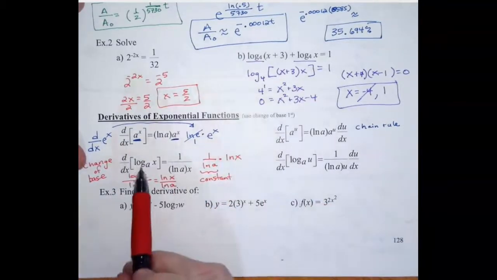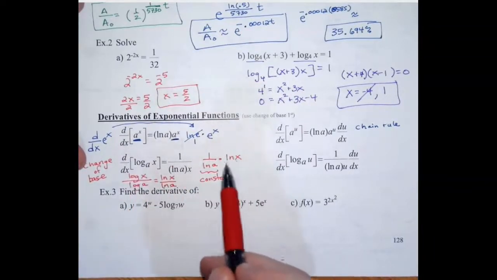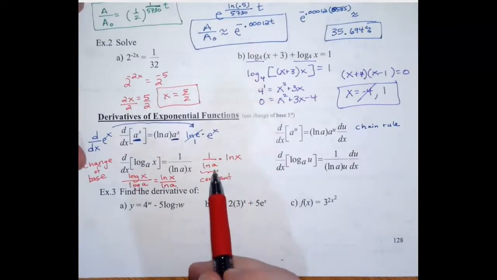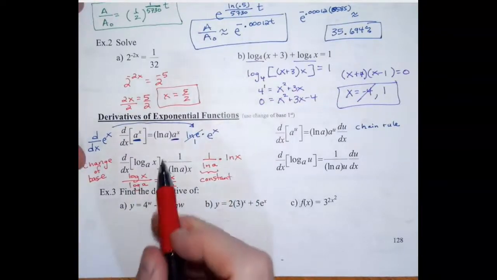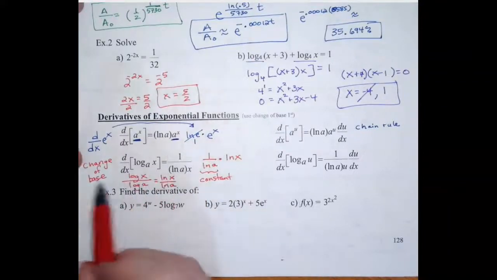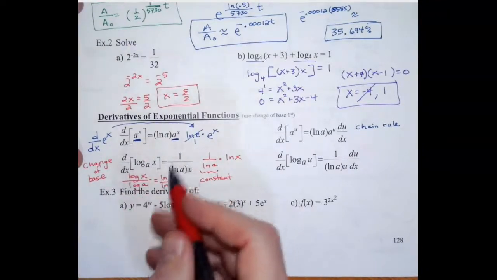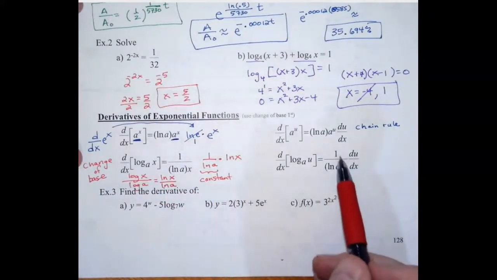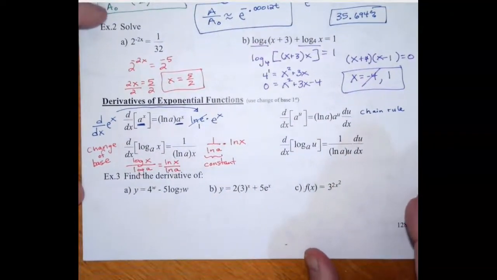So the derivative of this is that constant, 1 over the natural log of a, times the derivative of the natural log of x. Now remember, this is a variable, this is a constant. So the derivative of the natural log is 1 over x. So instead of memorizing this formula, if you already know the change of base process, you can use that, and then you don't even really need to memorize this over here, because it just works out. And then here we get the same thing, 1 over u times du. So that's not really anything new there. So if we try that out here,